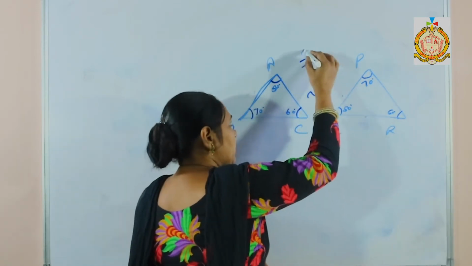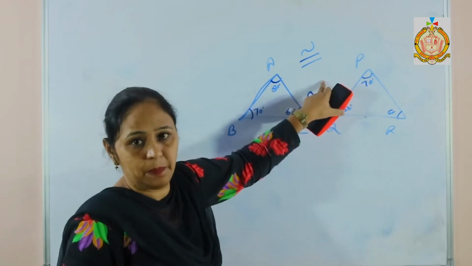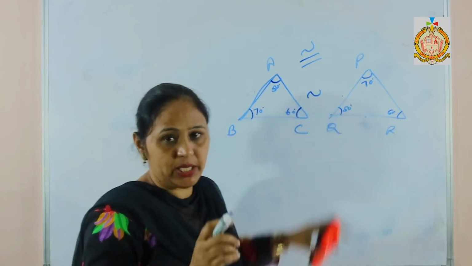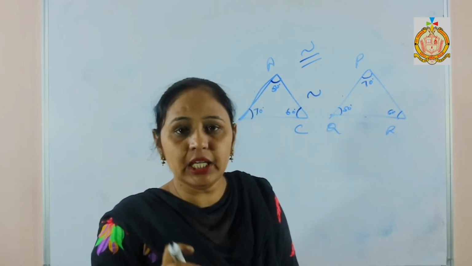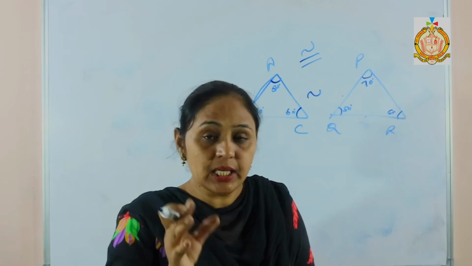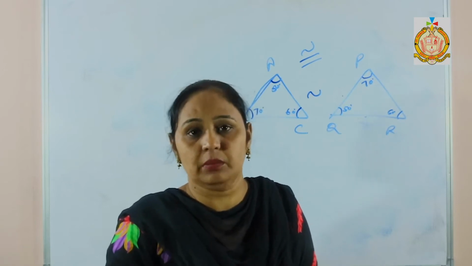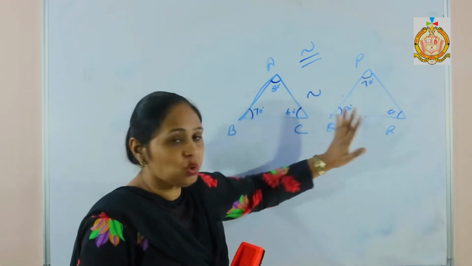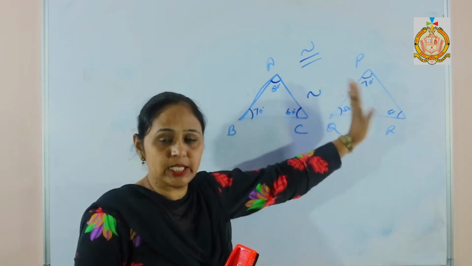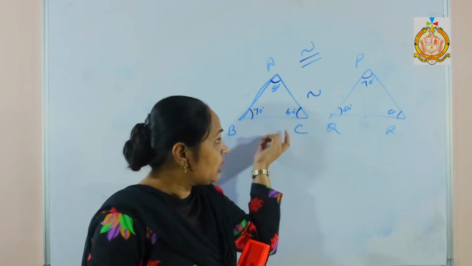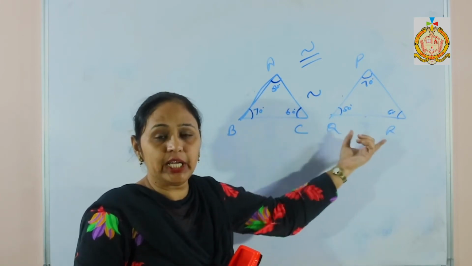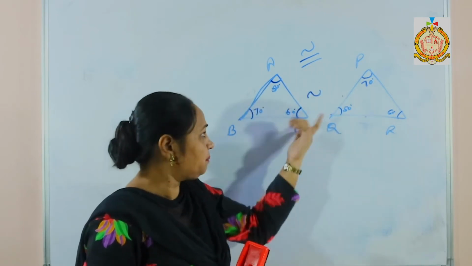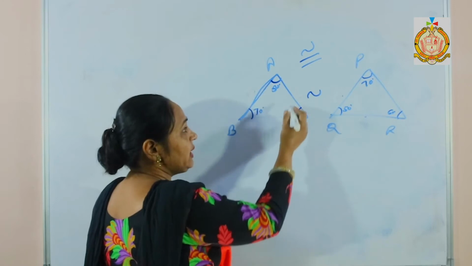If I take this sign, it is the sign of congruency, but this is the sign of similarity. Similarity and congruency have one difference. In similarity the ratio is the same. In congruency the size is the same, not just the ratio. Angles have the same relation, but in similarity, if the sides are double, that means all sides will be double. But in congruency not double, not triple; we have to take the same size of the triangle, and that becomes congruent.